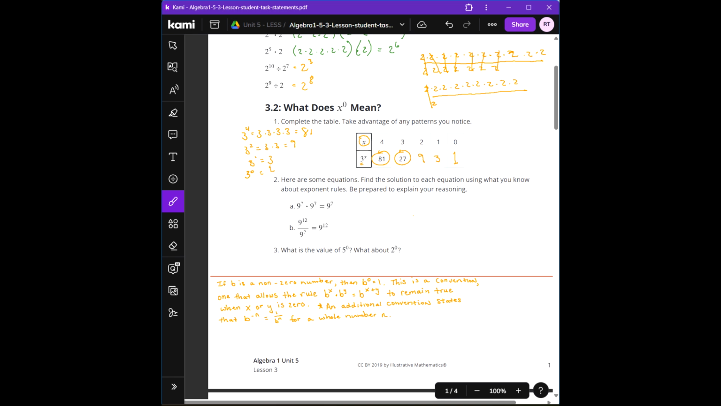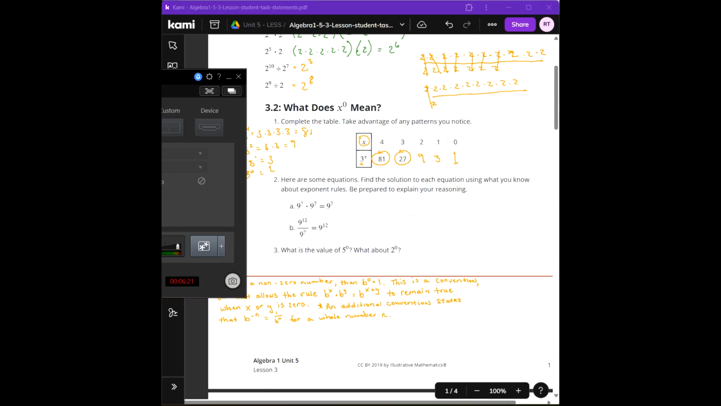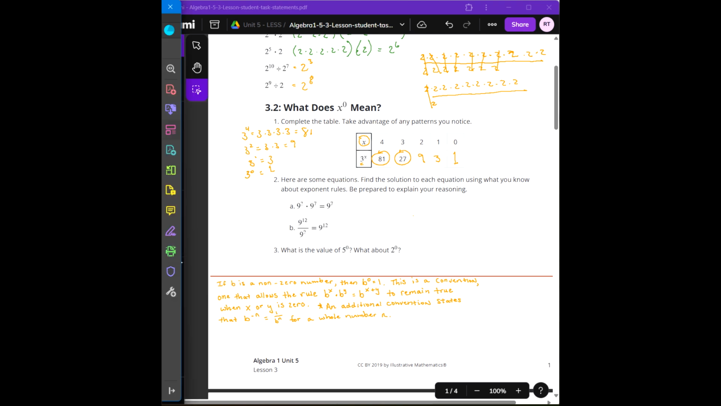Okay, and then there's an additional convention that states that b to the negative n is equal to 1 divided by b to the n for a whole number n. Okay, so let's take a look at why that is needed. So when we look at